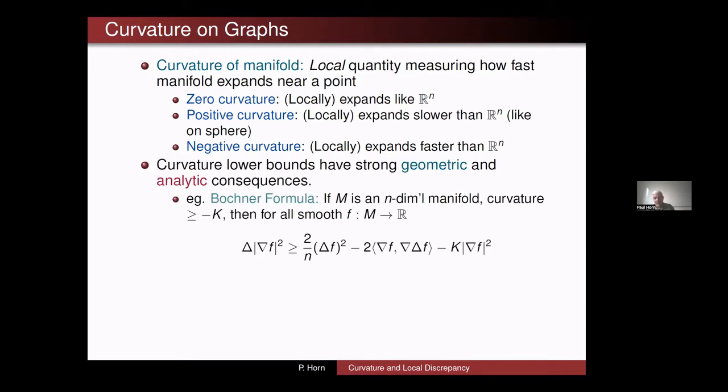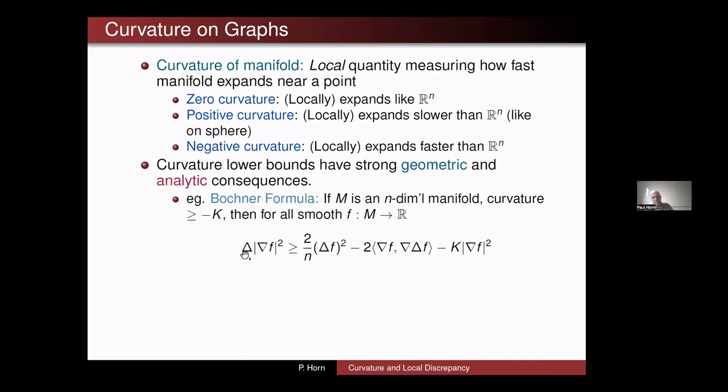And if you have a manifold that has some kind of curvature bound, then you get all sorts of geometric and analytic consequences. So from curvature lower bounds, you can get analytic consequences. I'll mention one of them here, which is a bit of an acquired taste, but for instance, you get this so-called Bochner formula or Bochner inequality that tells you that if you have an n-dimensional manifold with some curvature lower bound, then